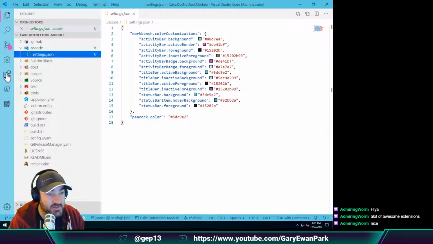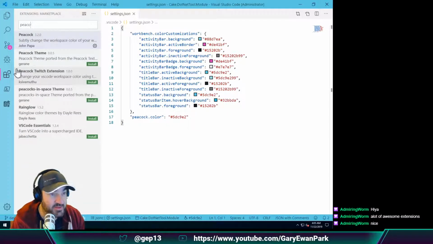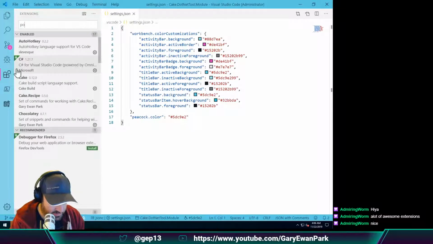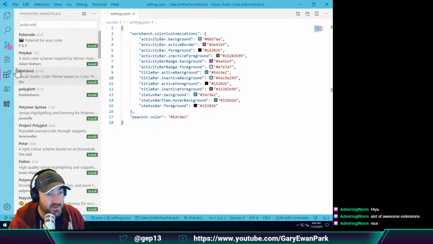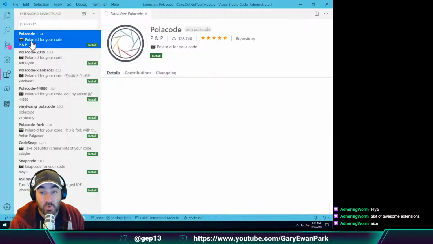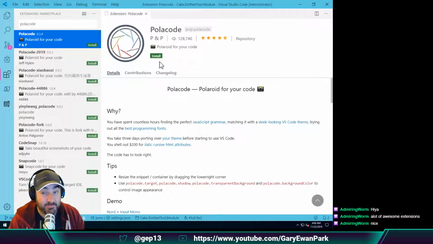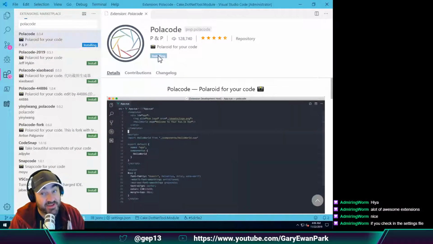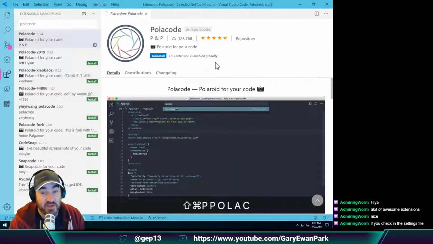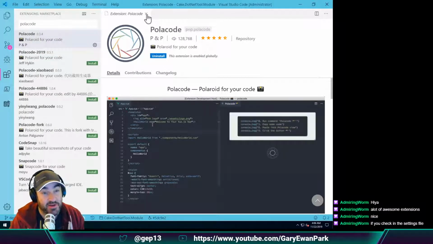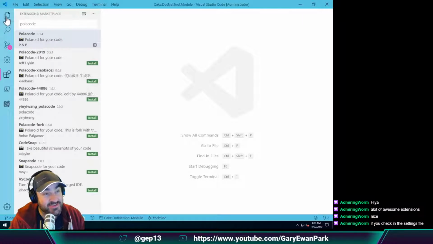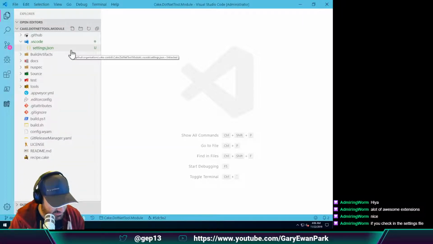The other one that I wanted to make folks aware of, and this one came from Martin on the Cake team, is called Polar Code, as in, I think, Polaroid. It's very cool. I'm not entirely sure where I would use this, but I like it. So what Polar Code does,